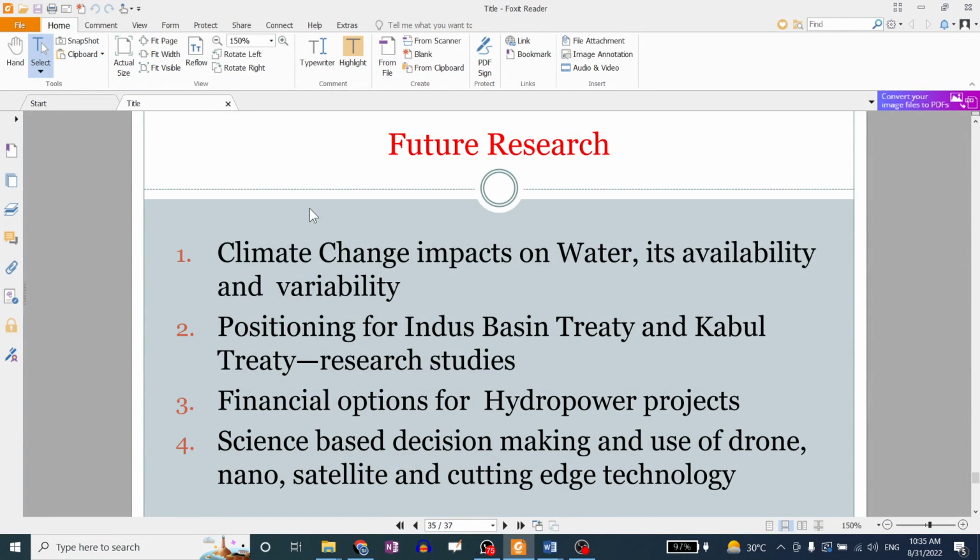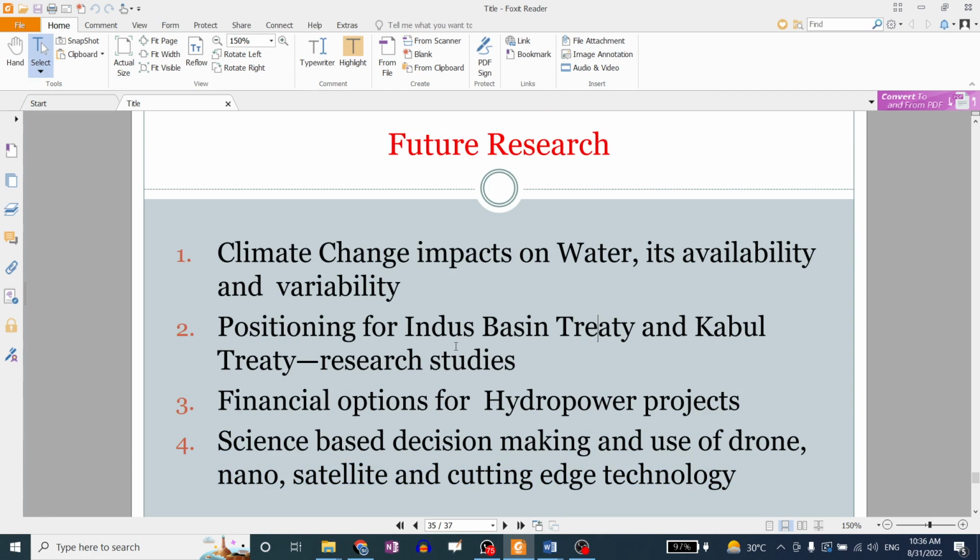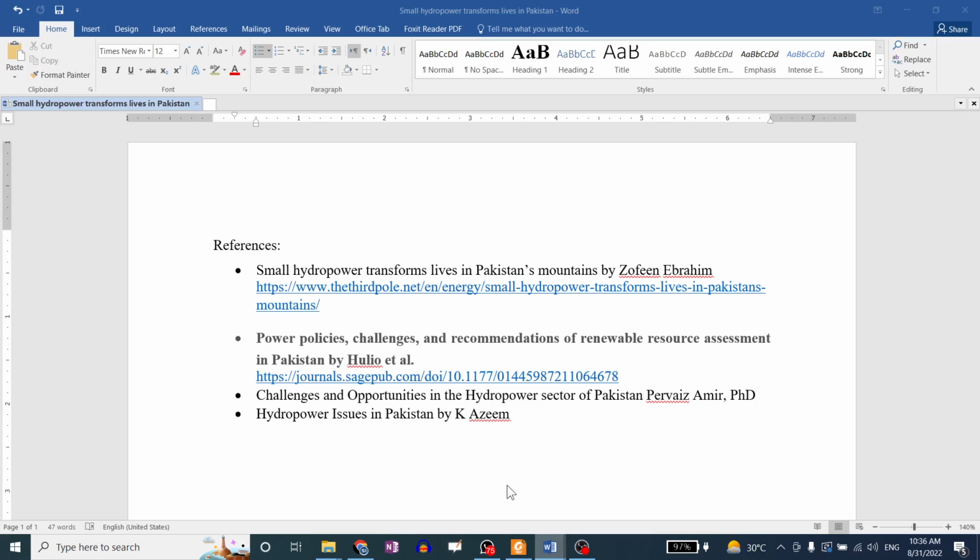Some future research areas we can focus on: because of climate change, the impact on water floods in Pakistan is actually the climate change. So this area, climate change impacts on water availability and variability, and also positioning for Indus Basin Treaty and Kabul Treaty research studies, and also financial options for hydropower projects, and science-based decision making and use of drones, nano, satellite and cutting edge technologies for hydropower generation and operation. So these are the research areas, and which can